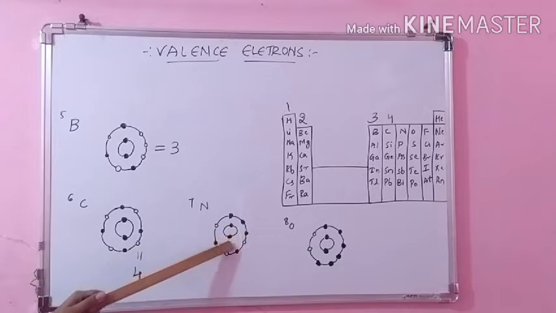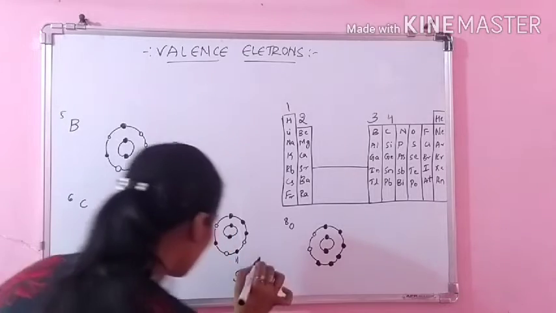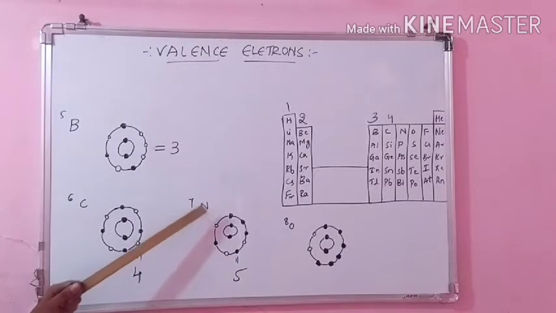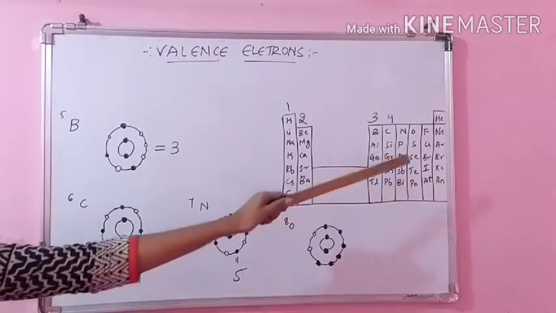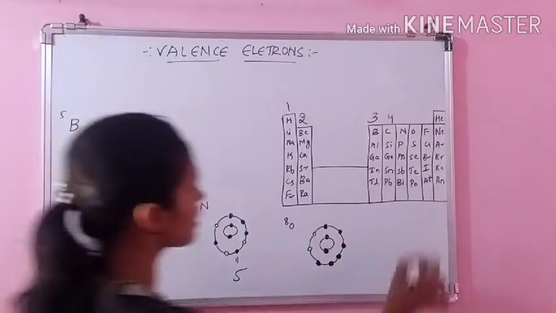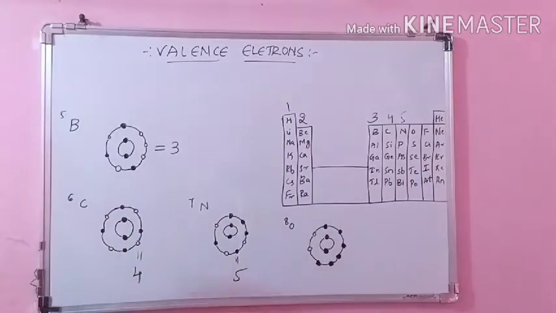First the first energy level will be filled. Then the next 5 electrons will enter the next shell. So this is the farthest outer shell, and it has 5 electrons, hence the valence electrons will also be 5. This is true not only for nitrogen, but for all the elements below it: phosphorus, arsenic, antimony and this one. So it has 5 valence electrons. Clear? Next we will move on to oxygen.